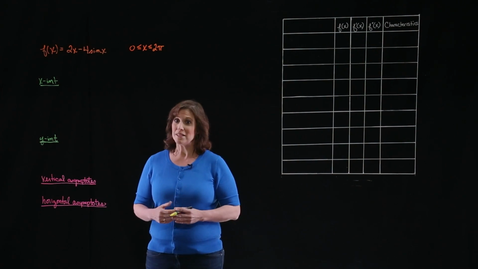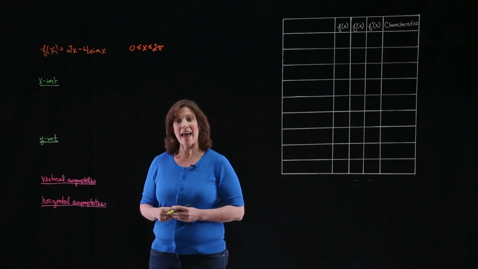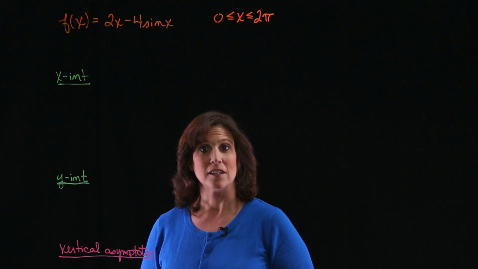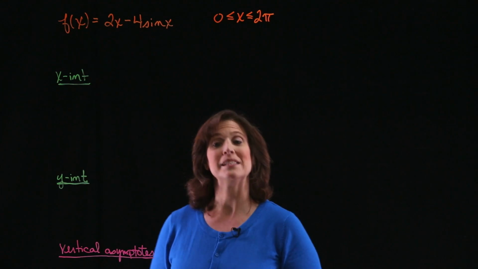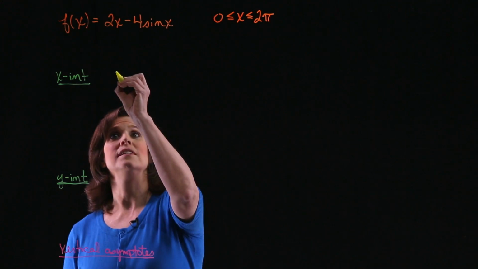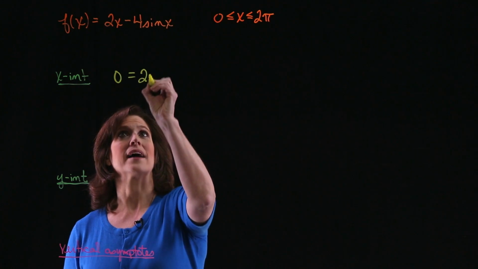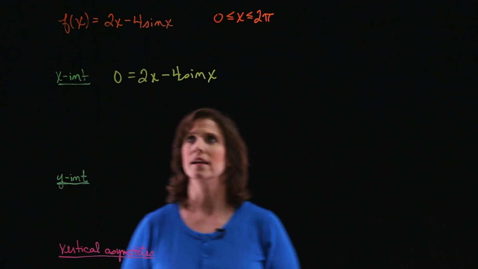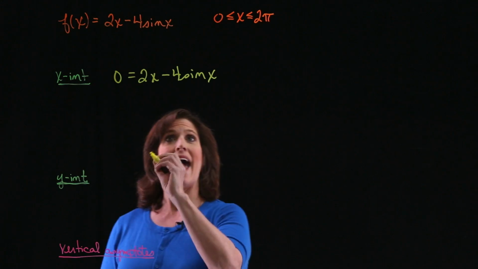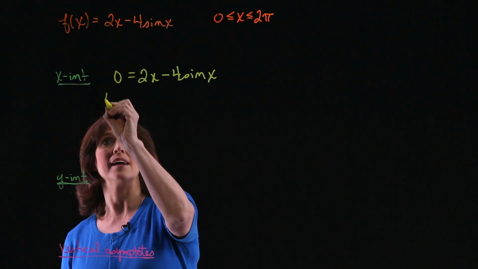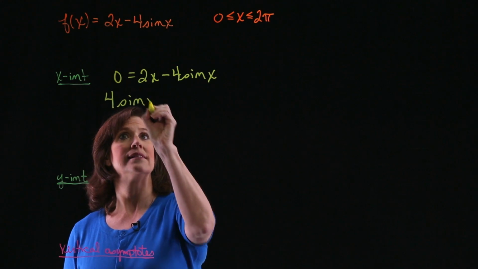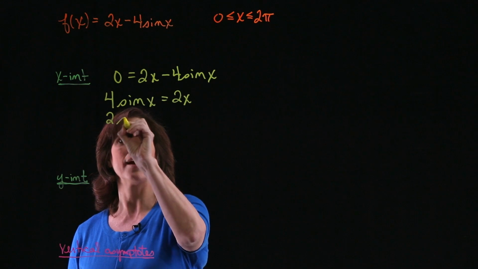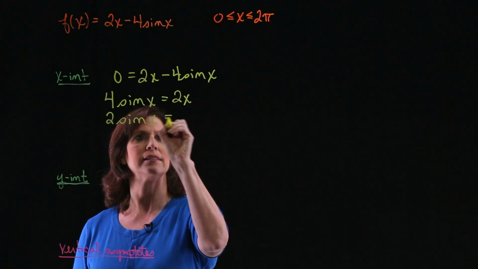All right, there's quite a bit to do here, so we're going to start out by looking at some intercepts. First of all, let's consider the x-intercepts of this function. We know that you find x-intercepts by setting y equal to 0. So 0 is going to equal 2x minus 4 sine x. Looking at this equation, I can add 4 times the sine of x to both sides and get 4 sine x equals 2x. And I can simplify a little bit and write this 2 sine x